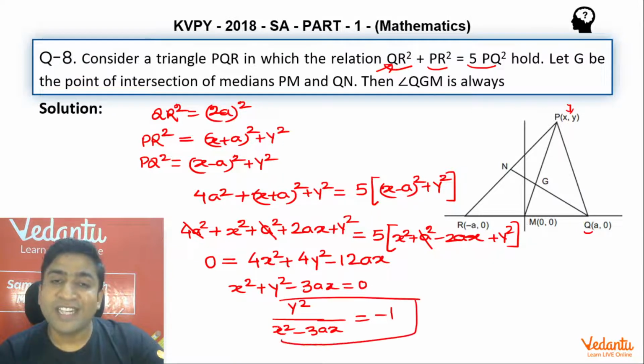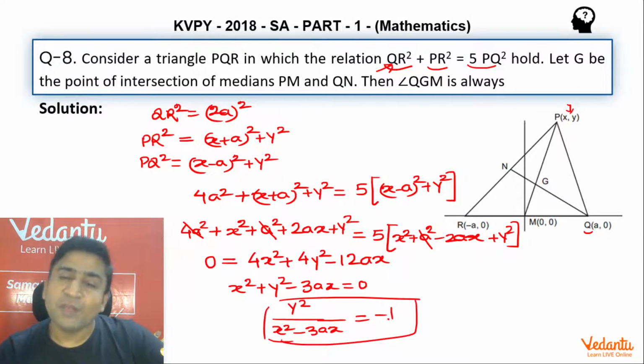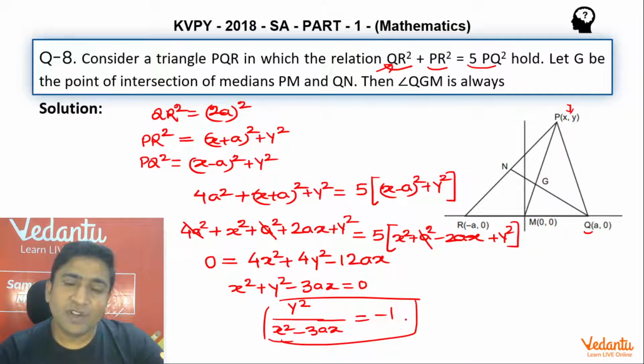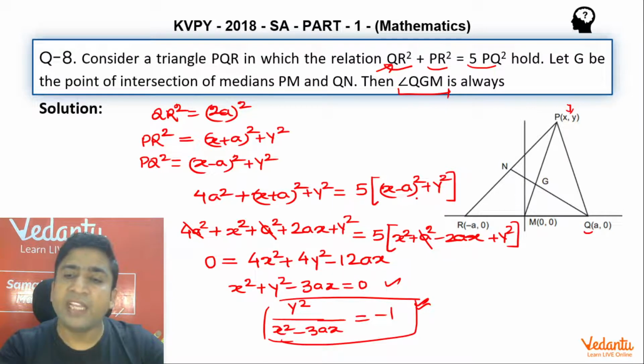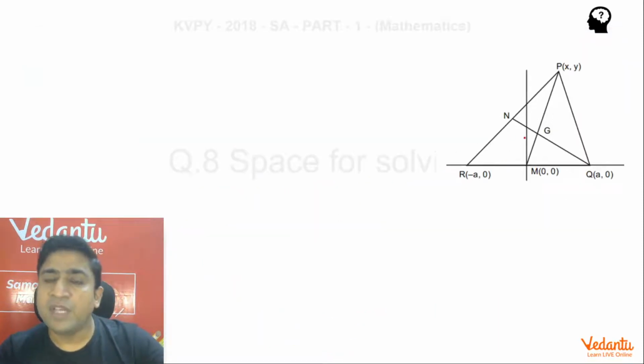I'm doing it in a very specific manner because I'm going to utilize this information. Now, bacho, let's say I have got this relation, and I have written it in this format. Now, the question is saying, can you please tell me the angle QGM? So guys, for writing down the angle QGM, again I'm going to utilize the geometry. What is that? Guys, please tell me, with respect to the